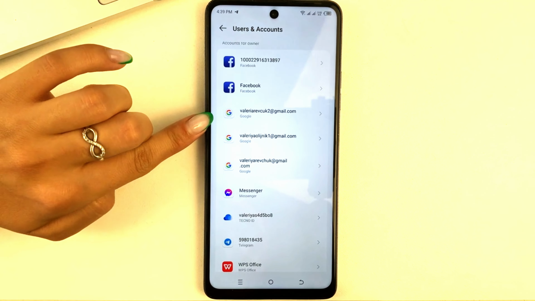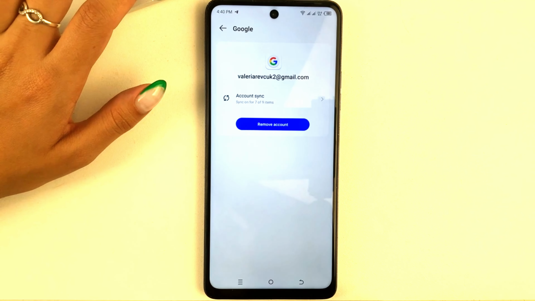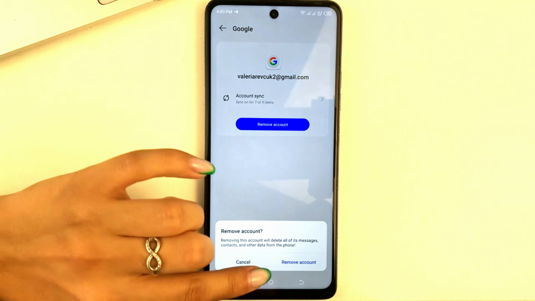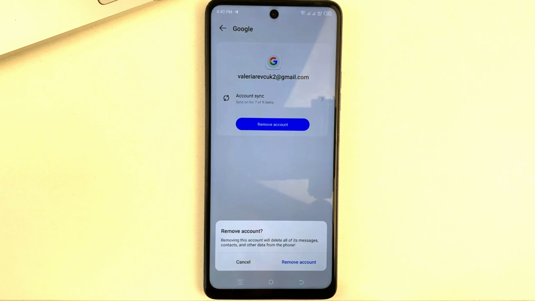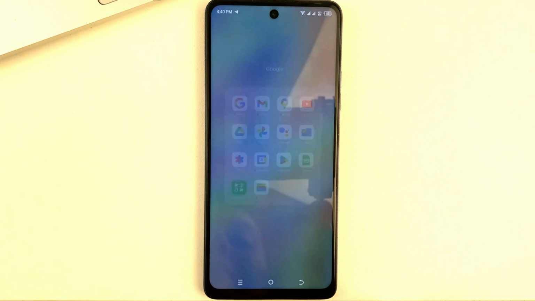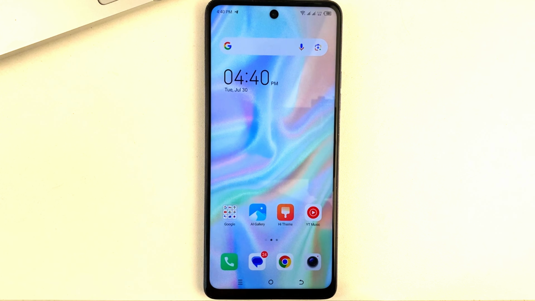And after you choose the email that is linked to YouTube to log out of, go to it and click Delete Account. Next, once again delete the account to confirm your action. Once you do this and when you try to open the YouTube app, you will have it completely blank and without recommendations. This is the way, friends, you will be able to log out of your YouTube account on your mobile device.